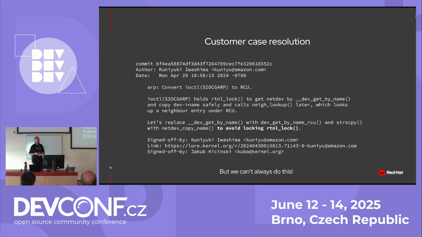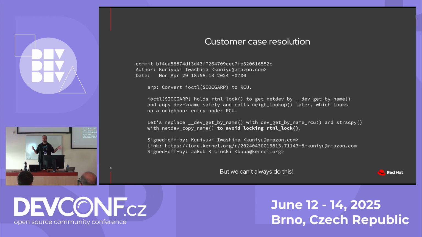So what did we do with the customer case? In this case, there was actually a commit already where someone else had found this. This was, as I said, part of an ongoing effort to limit the scope of the RTNL. And one of the techniques that we use for this is RCU in the kernel, which, if you're interested, is a